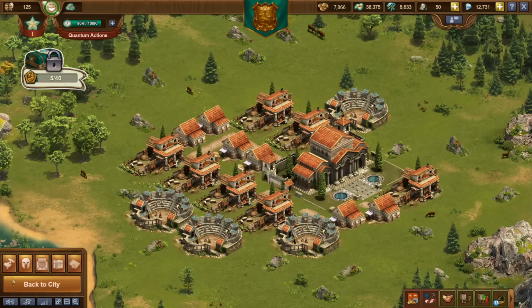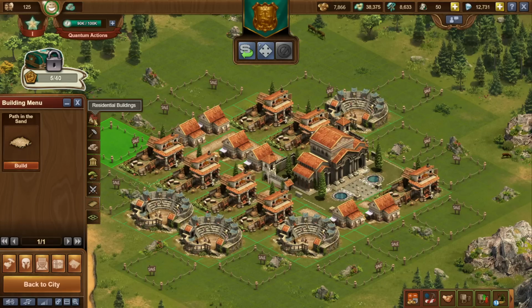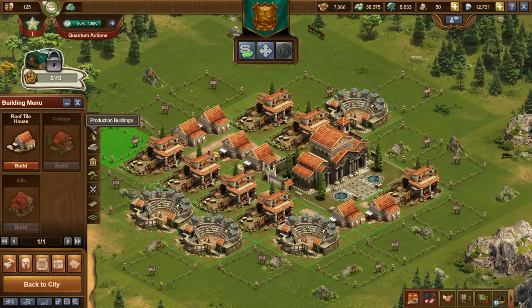Now, in addition to goods and units, you have all the other regular buildings. You have residential buildings, production buildings, cultural buildings, and decorations, and roads. And let's go through these. So for production and